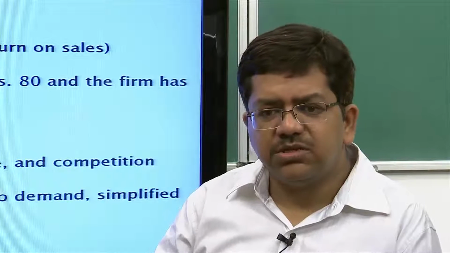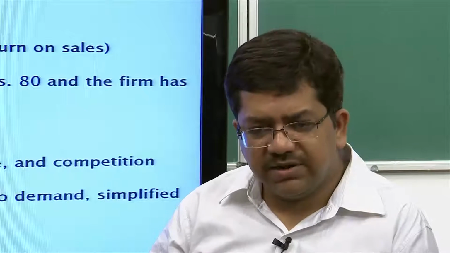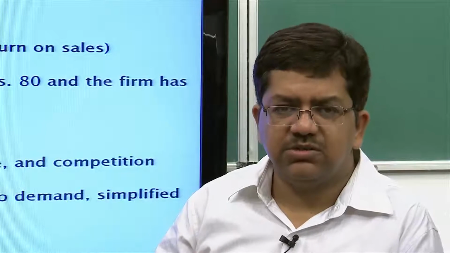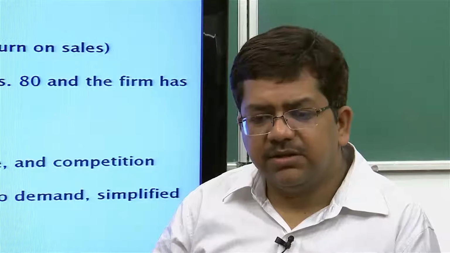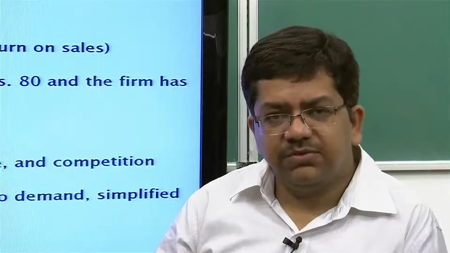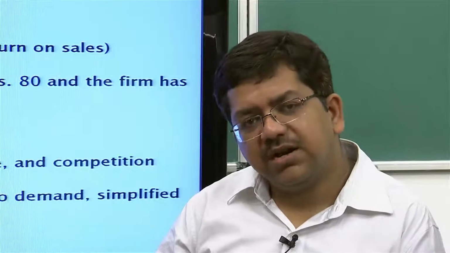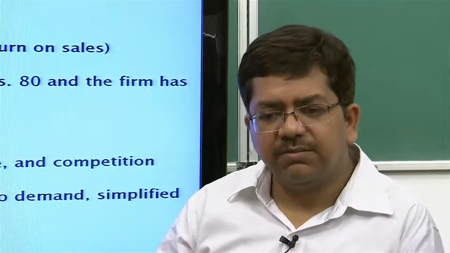Based on those things, the markup price is unit cost divided by 1 minus desired return on sales. You can recall the example in the numerical calculation: if a product's unit cost is 80 rupees and your desired return on sales is 20%, the markup price will come out to be